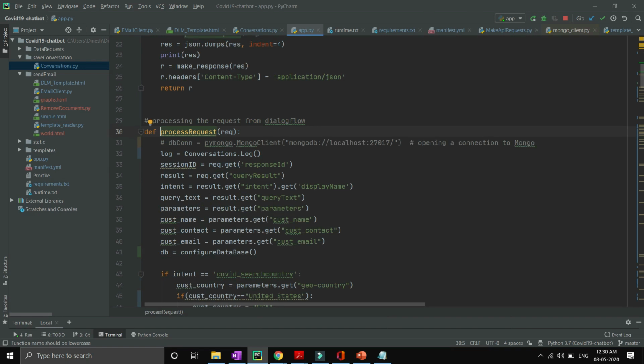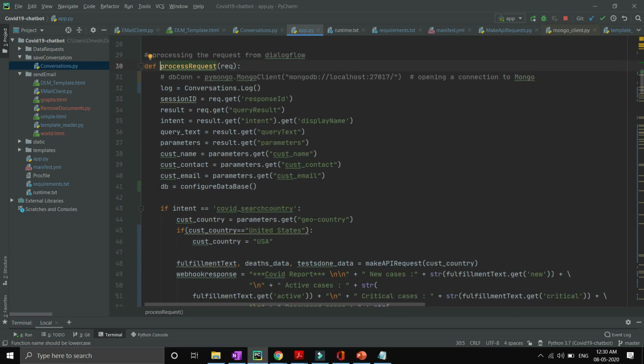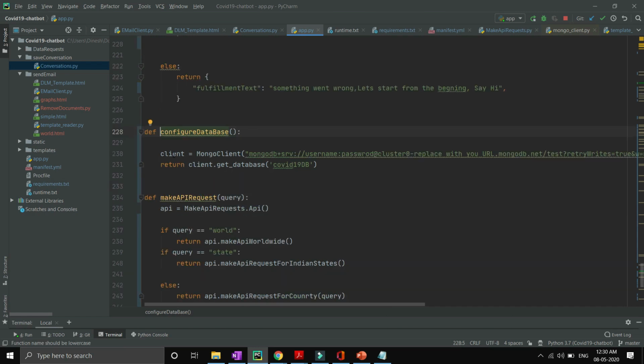Okay, so inside process request we will be able to see that there is a variable db equal to configure database. So you will be able to see that in part 4 I have commented this particular configure database because we were testing it locally and till that time we haven't set up our MongoDB. So now you have to uncomment that part. So you will go inside the configure database method, and now you have to create a MongoClient basically.